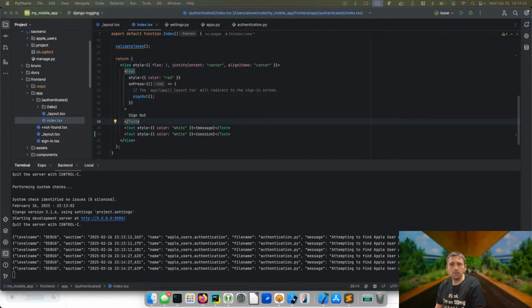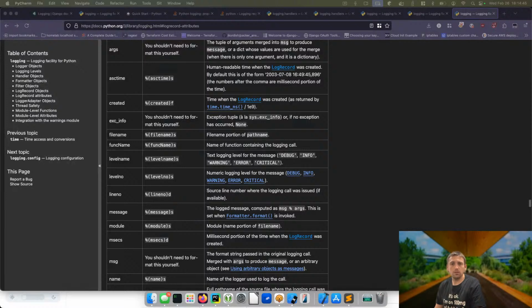We're going to grab the identity token real quick. We're going to throw it into Bruno so that I can use it and just make one request and see if we're getting duplicate logs or if it's a